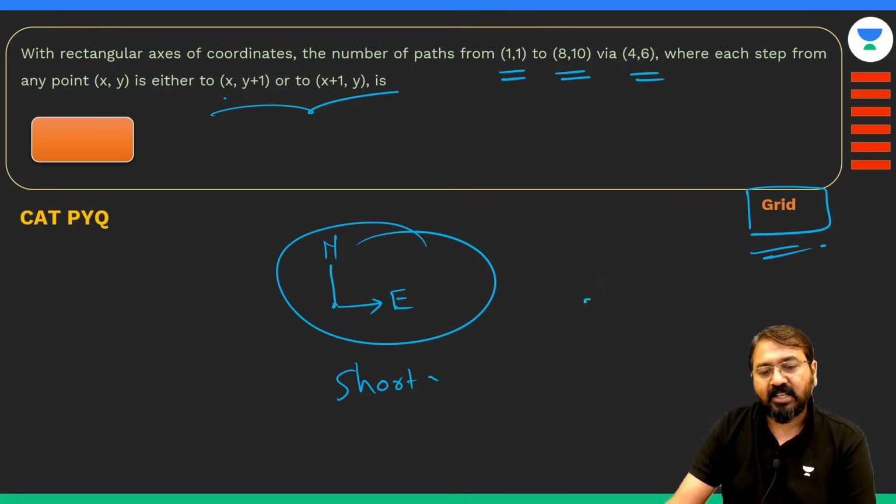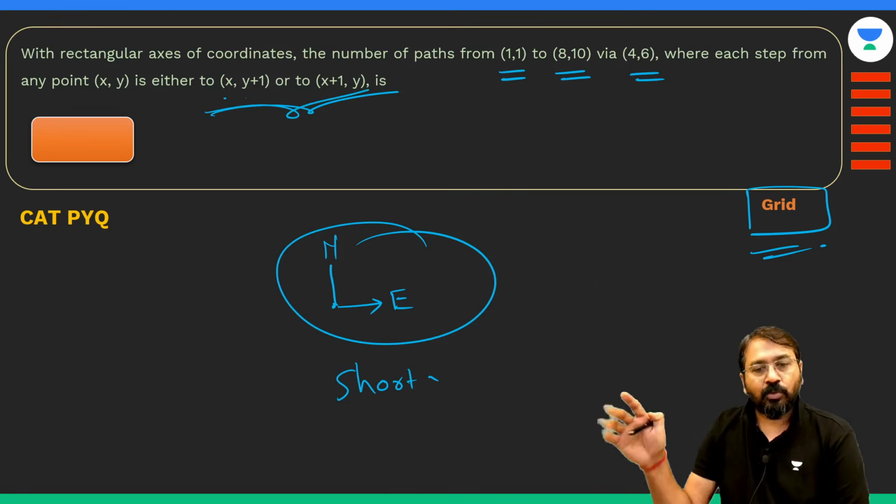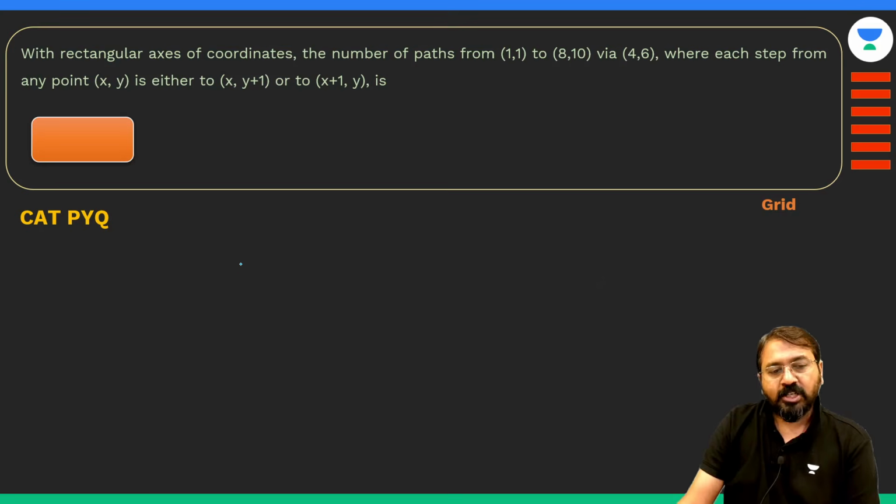आप ऐसे नहीं जा सकते कि यहां से शुरू किया, यहां गए वापस आए, और ऐसे आते ही गए, इसमें इनफाइनाइट वेज हो जाएंगे। तो ये जो पार्ट है, ये सिर्फ इतना कह रहा है कि आप नॉर्थवर्ड जा सकते हो या फिर ईस्टवर्ड जा सकते हो, ठीक है। तो मतलब आपको शॉर्टेस्ट पाथ लेना है।